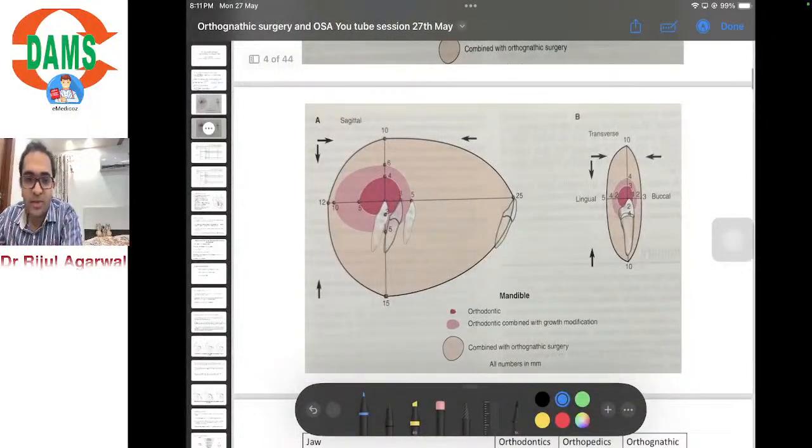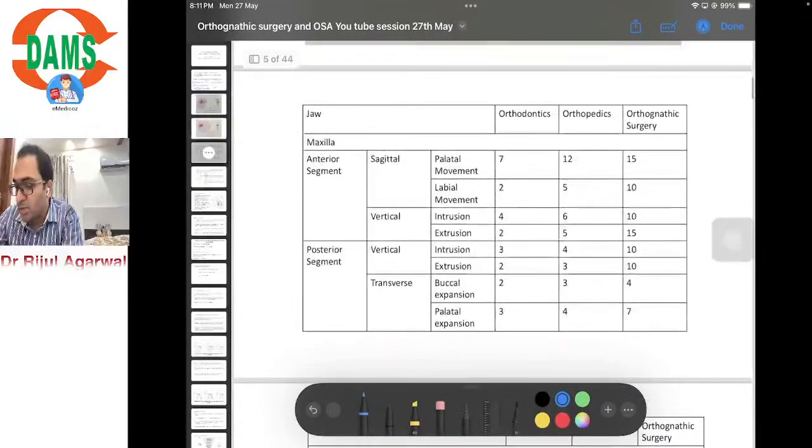This figure represents, both in the maxillary and the mandibular arch, the sagittal, the vertical and the transverse movement which can be carried out. This table represents the movements in mm. I hope this is not important from exam point of view, so just to complete the topic I mentioned it here. No one is going to ask you what the movement in mm is. Okay,